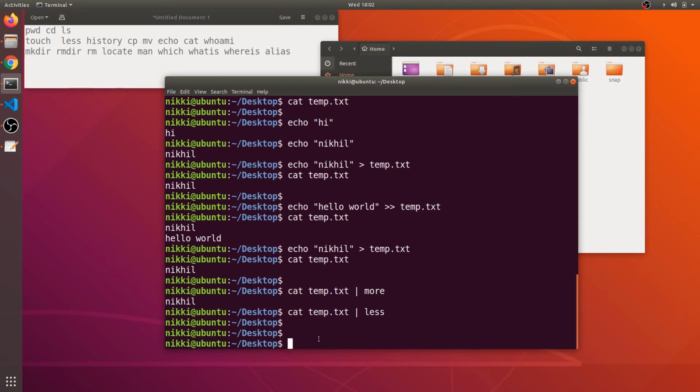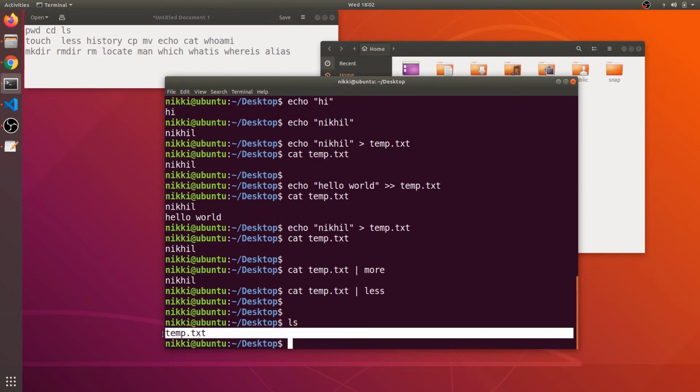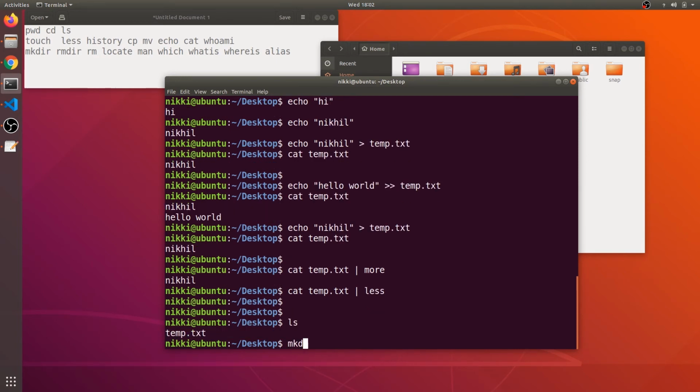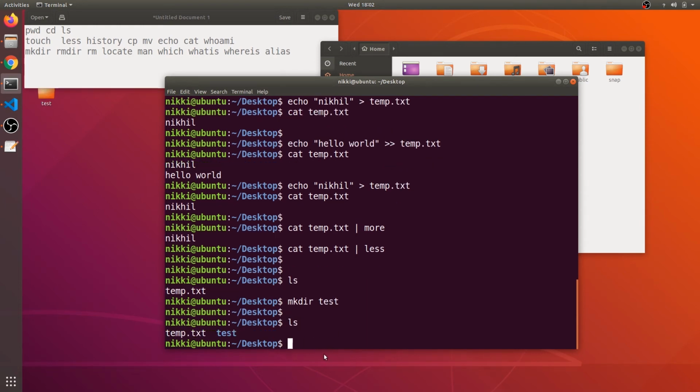Okay, now we are going to copy files from one directory to another directory. If I say ls, we have the temp.txt. Now let's make a new directory called test again. If I say ls, I have the text file and the folder.